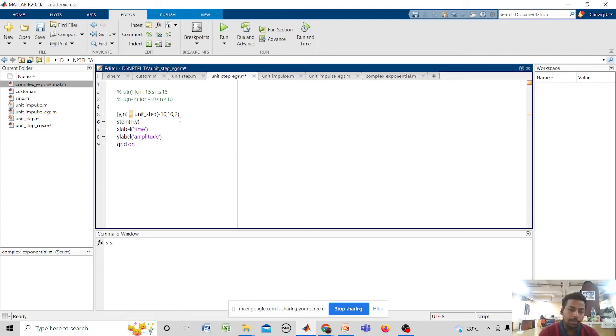And as we want to plot an original unit step function, we don't want a shifted one. So here c will be equal to 0. Okay, so this is the function, and we all know the difference between stem and plot. Stem will give discrete points, whereas plot will give continuous points. So let me plot this